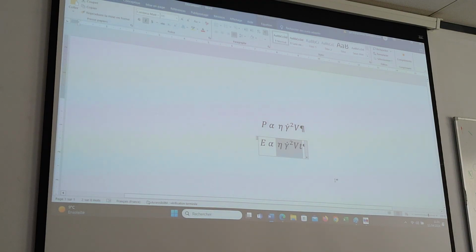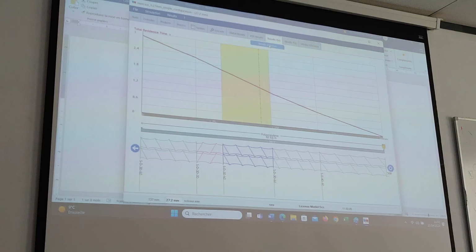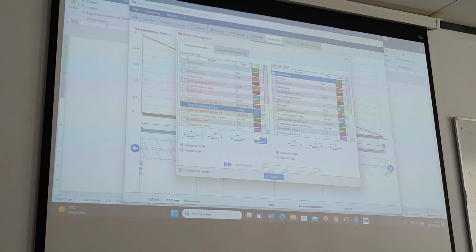So this should not prevent you from looking at other local values. The shear rate is also interesting, and the filling ratio is also interesting. But in your case, if it's the mechanical energy which contributes to what you want to look at, maybe it's also interesting to have a look at not this curve, so the total dissipated energy.